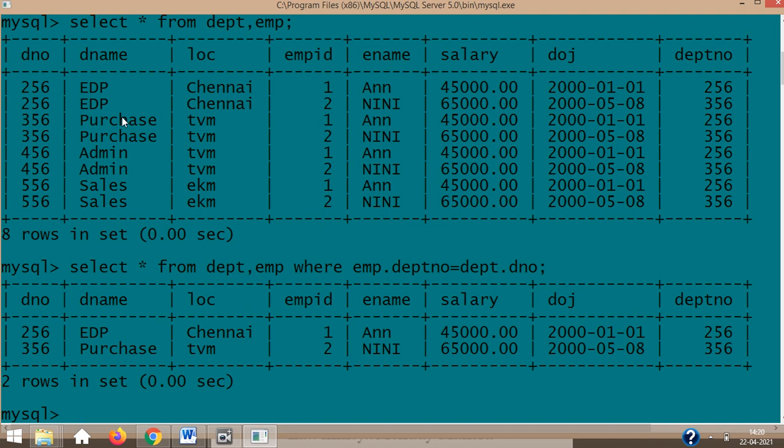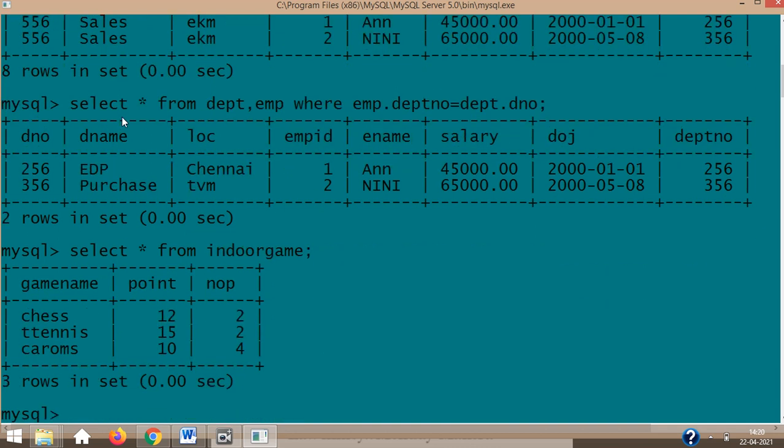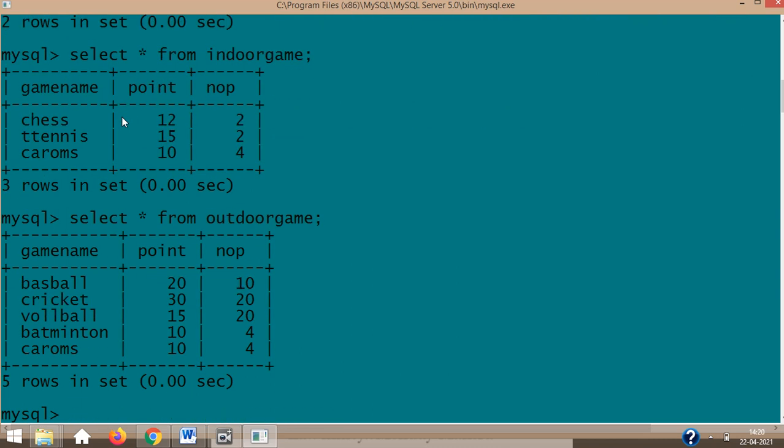With regard to union, you will understand the important feature by yourself. Look carefully. This is game name and NOP. NOP stands for number of participants. And now I have the outdoor game. What is common there?